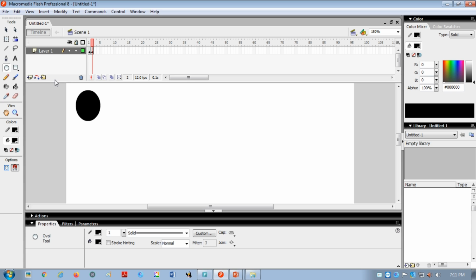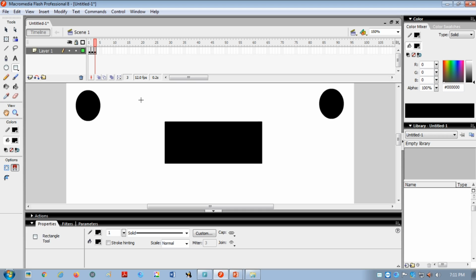Okay, suppose I have pressed F6, now I am drawing the second circle at the other end like this. Again I am pressing F6, it will insert a keyframe in the third frame. Then suppose I am drawing a rectangle in the center like this. Now again I press F6 on the keyboard and draw a circle here.